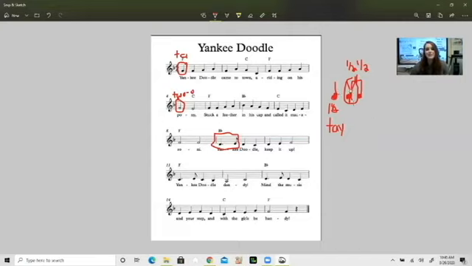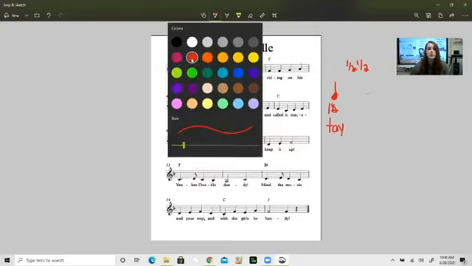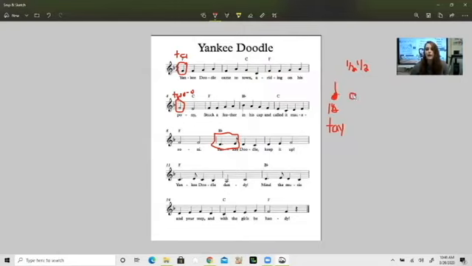Now, wait a minute. I stole that ti right here, but I still have this ti left over. I can't just ignore him. He's still there. He's lonely because I stole his partner, but he's still there. So let me get my eraser. I'm going to erase all this stuff right here. Let's get rid of that. Okay, there we go. So now that I have this half a beat left that I could not forget about, even though I stole his partner, I'm going to put him back, shade it in as best I can here.